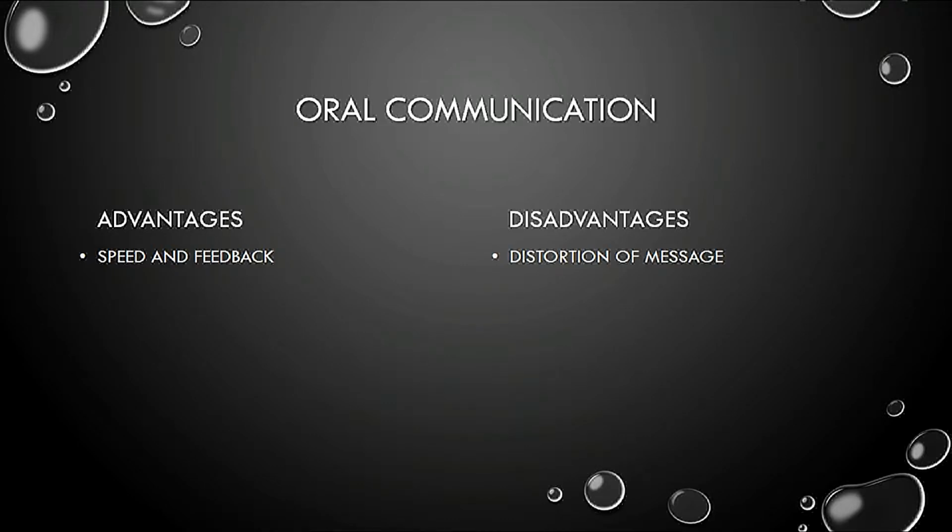Firstly, we have oral communication. Actually, the basic way that any kind of communication takes place. Speeches, formal one-on-one and group discussions, and also informal rumor mills are popular forms of oral communication. Advantages of oral communication are speed and feedback. We can convey a verbal message and receive a response in a minimal time. If the receiver is unsure of the message, rapid feedback allows the sender to quickly detect and correct it.